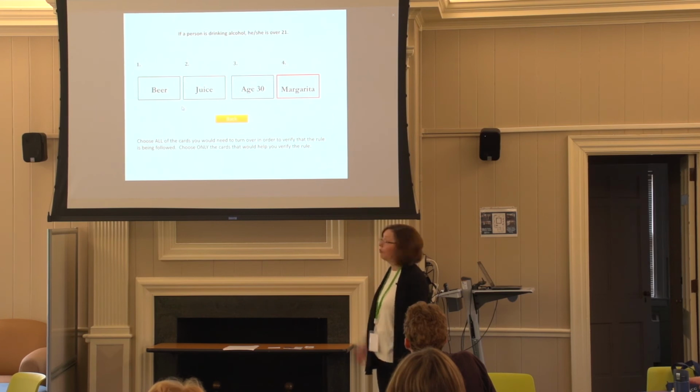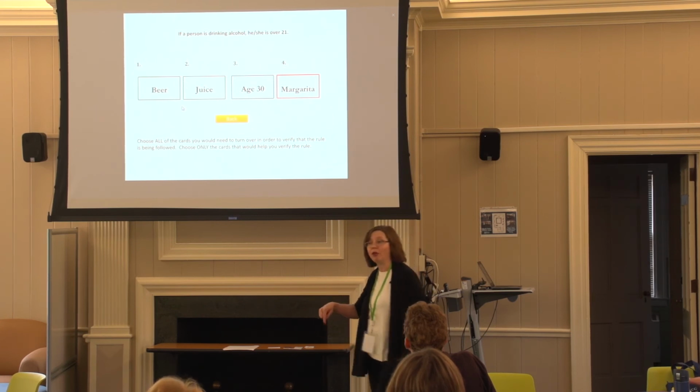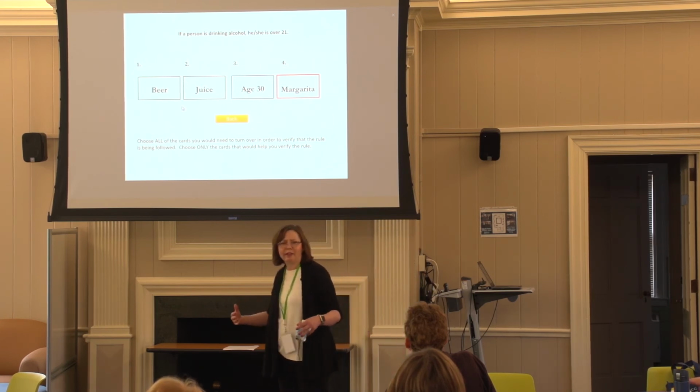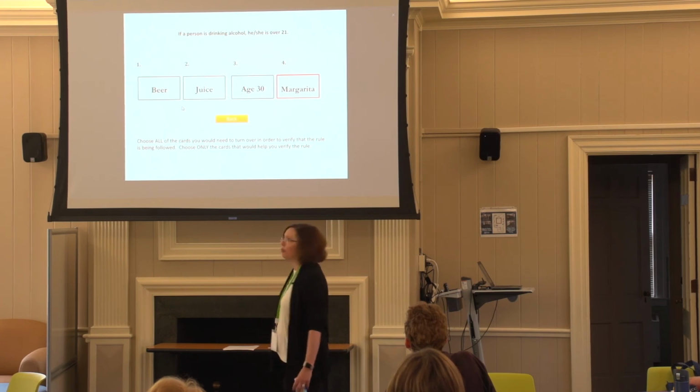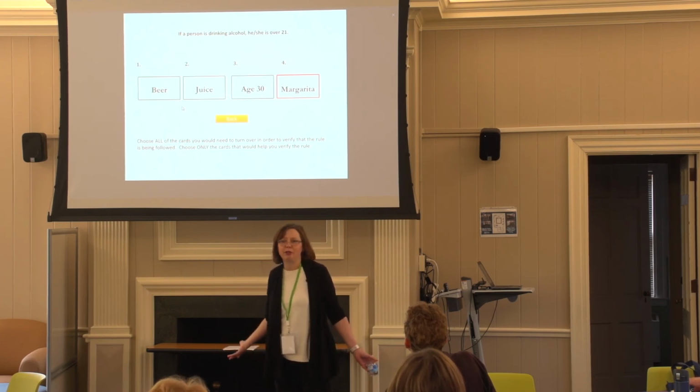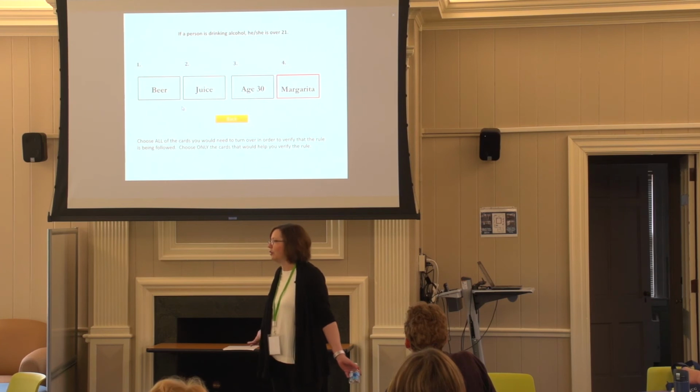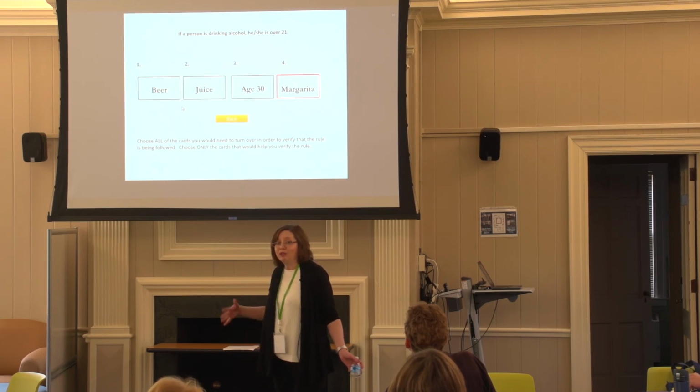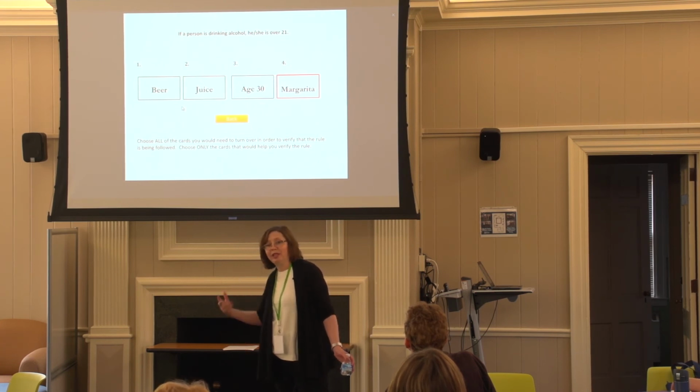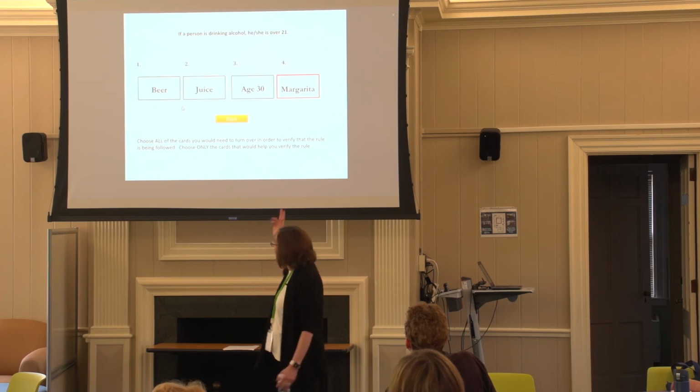Most people will go for card number 3 in the first rule. And we have this great feeling that that will be helpful, but it's really no more helpful than checking a 30-year-old to see if they have an alcoholic beverage. It won't tell you one thing or another. So most of us find that first rule is dizzying, disorienting, and confusing, and we can't think about it the right way. The second one is easier.